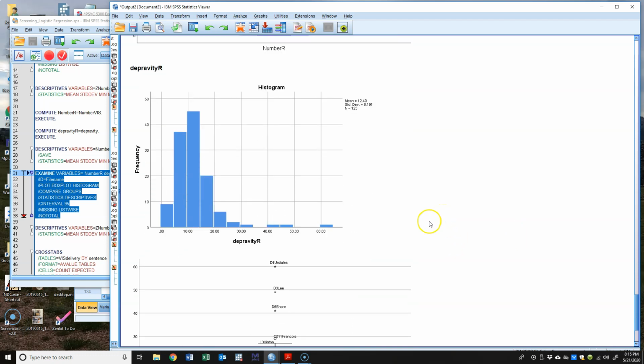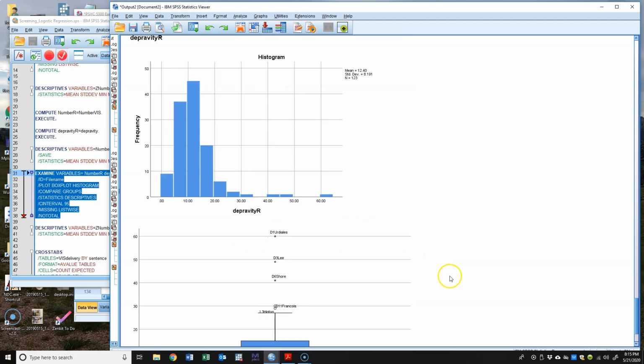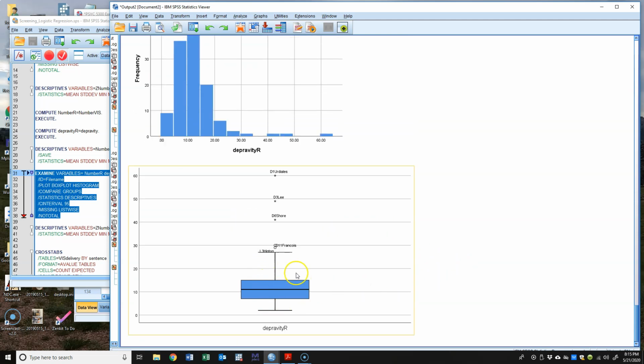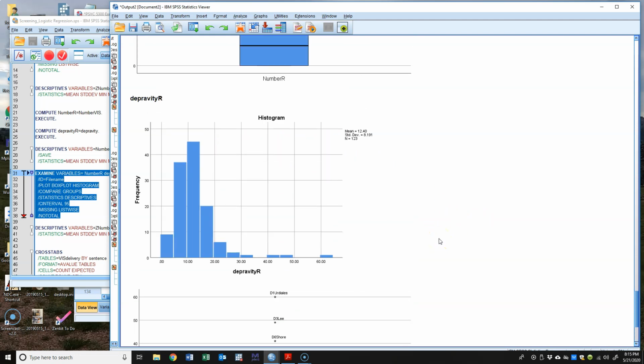Our depravity scores, we pulled these in a little bit, but they're still out there, right? We've got kind of a semi-symmetrical distribution until we get out here on the ends. Now again, if I look at my box plot, things are looking okay here. I've got a few values that are existing beyond 1.5 times the interquartile range, but then I get these same three values, 1, 2, 3, all similar distance apart, that are kind of trailing off at the end. Now again, my concern with setting these as maybe equal to 31, 32, and 33